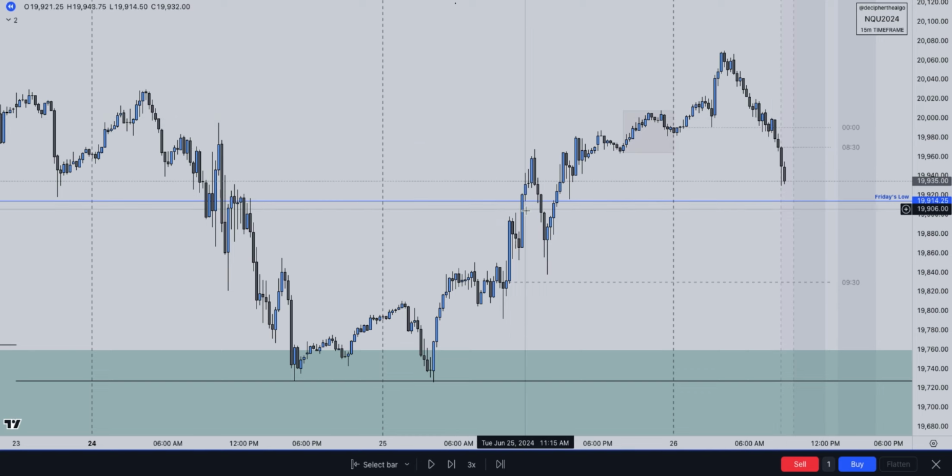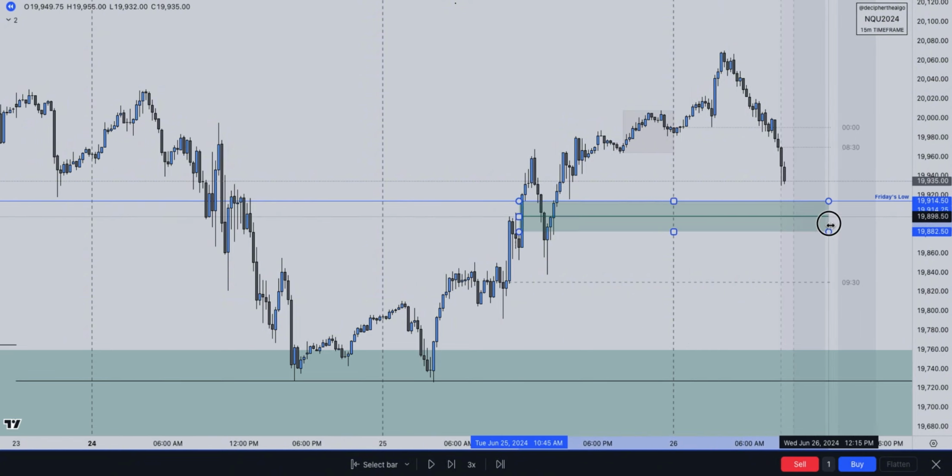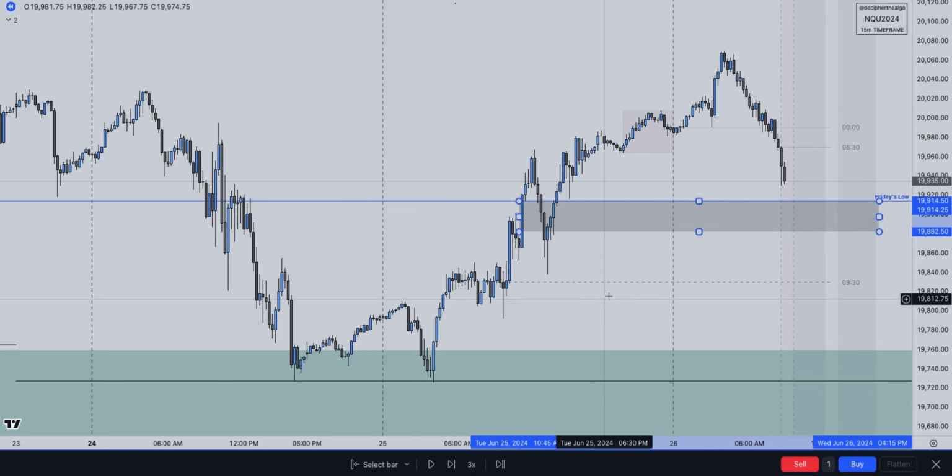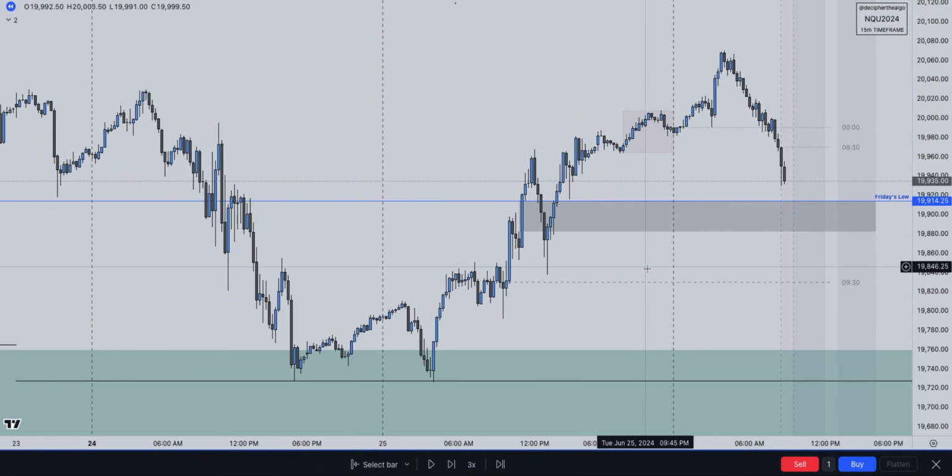But what I was interested in when I looked back was this one gap right here. This right here is your Reaper inverse fair value gap. And what makes it a Reaper, you might ask? What makes this thing so special? Why should I even care? Am I going to see this ever again? Short answer is yes, but not often. The ultimate answer to why you need to know this is because when you do see it, you go, oh, that's that one thing that I thought I would never use, and you have a way to use it.